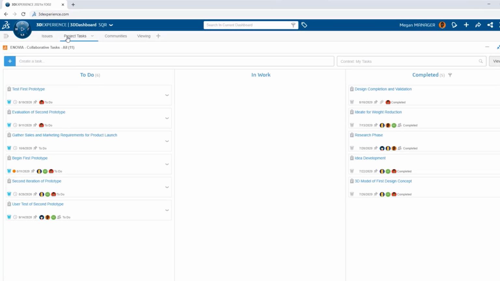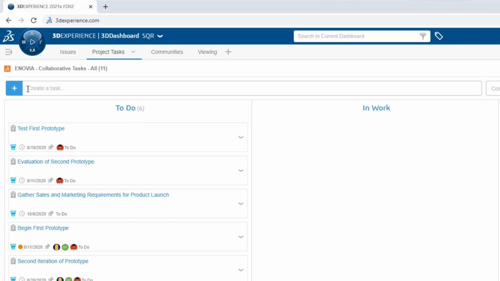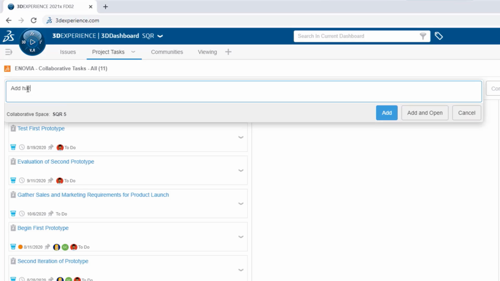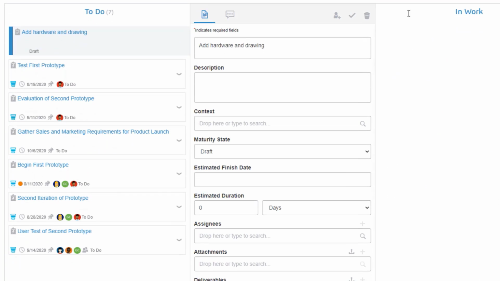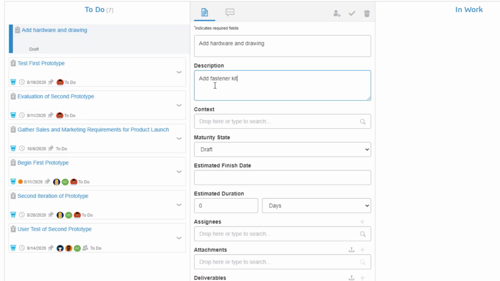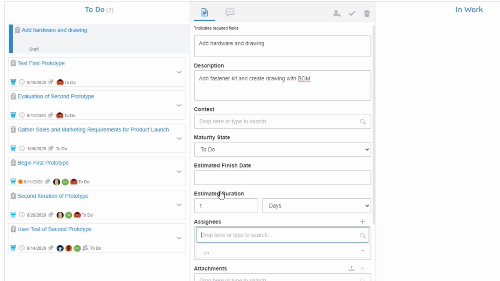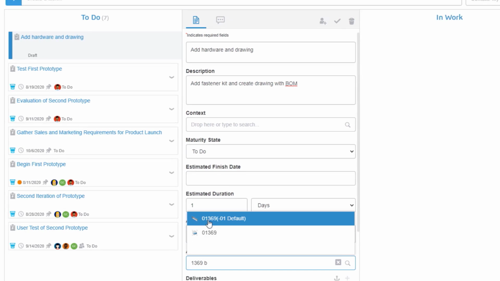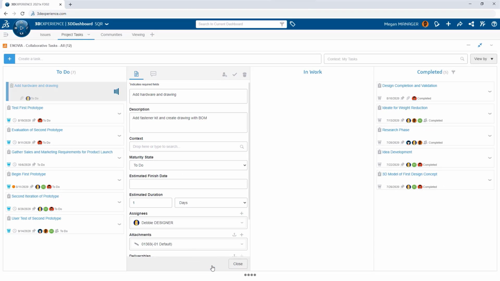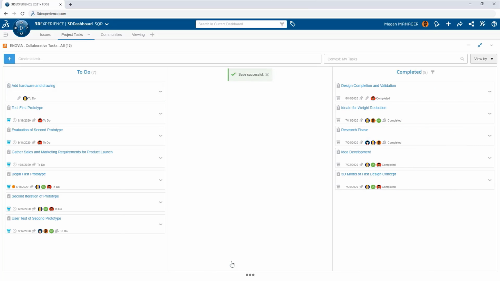While Eric gets to work on the design issue, Megan has a job for Debbie the designer. She uses the Collaborative Tasks app to assign Debbie with adding a hardware kit and creating a drawing for the wheel roller assembly. Just like the Issues app, Collaborative Tasks collect all the communications, assignees, and 3D model data in one spot and displays the progress of her tasks in a single dashboard tab, giving Megan an overview of everything